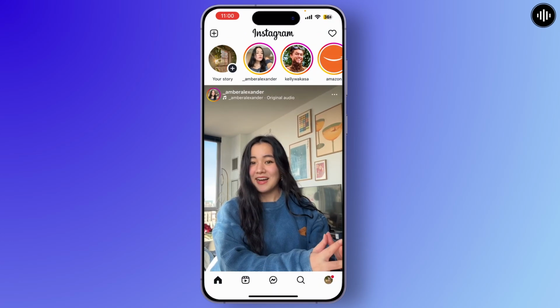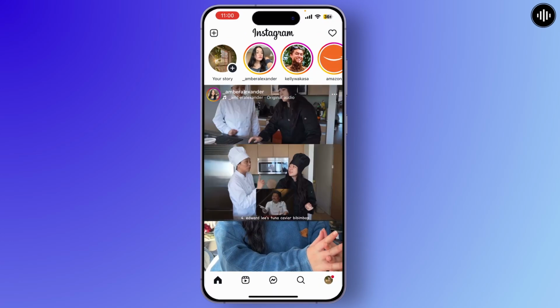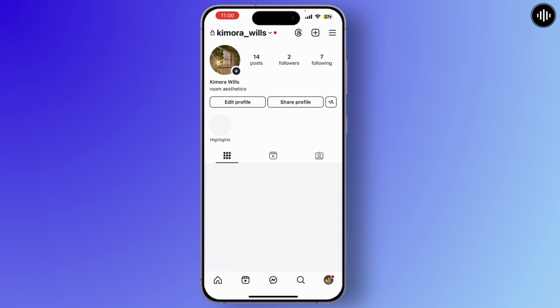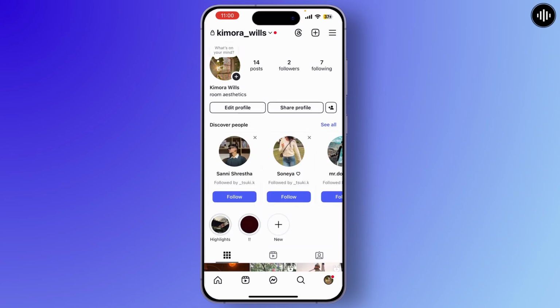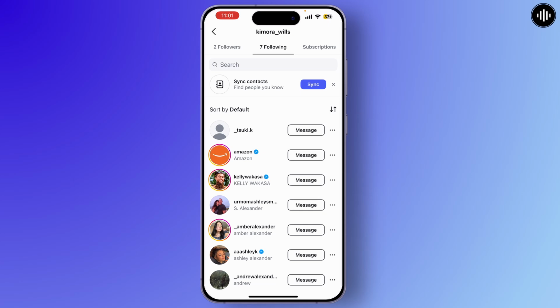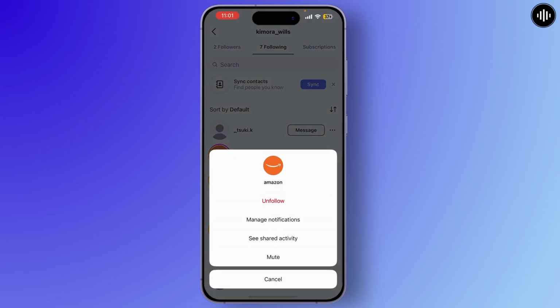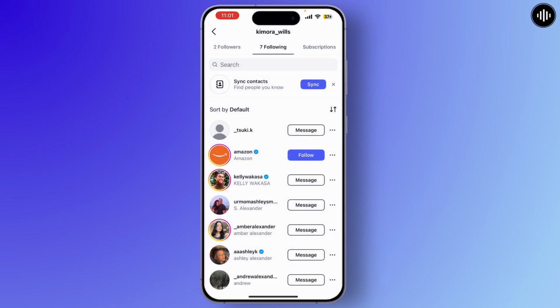First things first, make sure you have the Instagram app installed and updated to the latest version, and go to your profile. Now once you've done that, scroll through your list of following to see if Instagram has followed any accounts automatically. If you notice accounts that you didn't follow, simply unfollow them and just take note of them. One common reason for this automatic following is third-party apps or websites connected to your Instagram